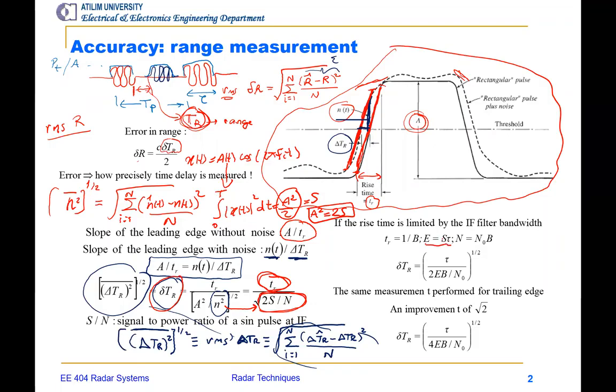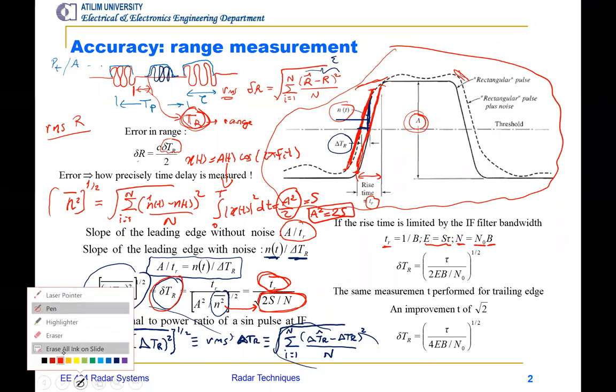Energy is equal to the power times the pulse duration, so S times tau. And the noise power can also be written as the noise power spectral density times the bandwidth. And the rise time will be the inverse of the bandwidth. How? We now look at